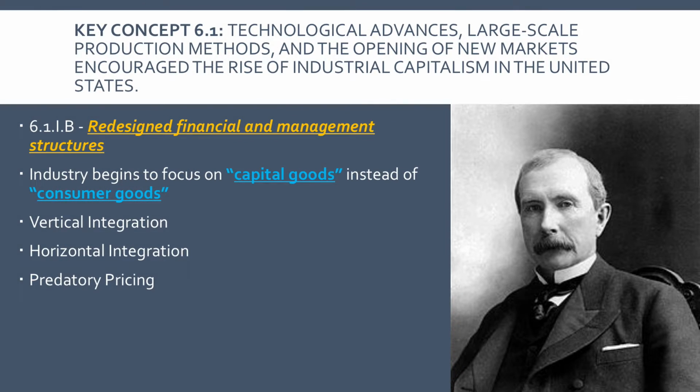Well, let's look at these redesigned financial management structures: the idea of capital good versus consumer good. Now, what does this mean? Well, you and I should know what a consumer good is, right? You all want to go to Chipotle because it's your life, or you want to get a hamburger or a pizza after school. Well, those are consumable goods. You need to buy a pair of shoes. You need to buy lipstick. Anything that we're going to purchase for ourselves, even cars and houses, are consumable goods.